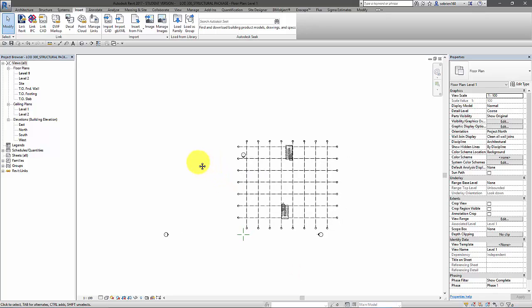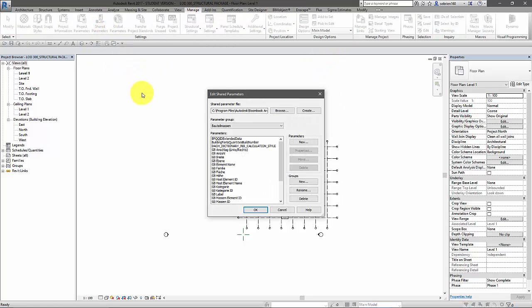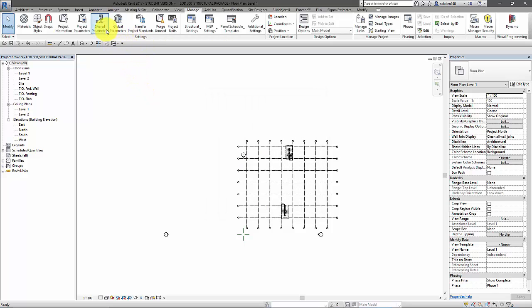Now we have them linked 000, and that's fine. That works within an office if you're all working on the same project. But if you're sending files back and forth between different offices, often you want to have it linked according to geographical positioning. So assuming that you have the architectural model positioned geographically, and to calculate the sunlight and the project north and the true north and all that kind of stuff, we can just take all that information just by going into the Manage tab. If I can read this, shared parameters. Oh, sorry, wrong one here. We want